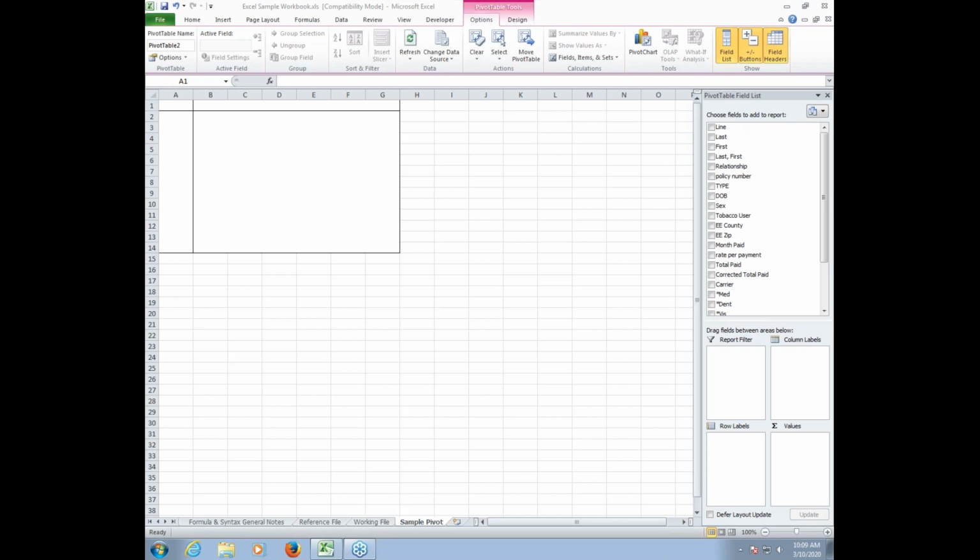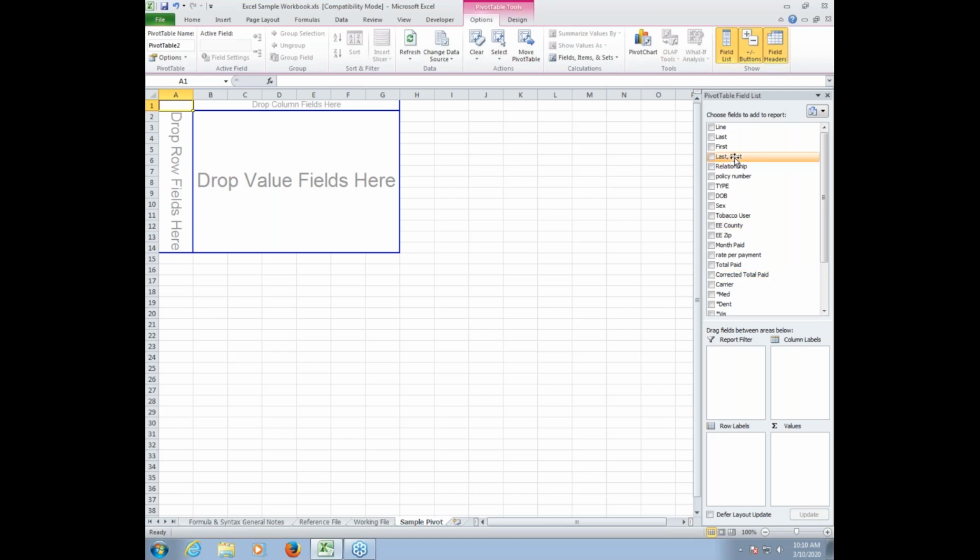I'm going to erase all the drawings real quick. And I actually have a good example of what you can do with these, just to show you how you would adapt your data. For example, if I wanted to show the first and last names of all of our clients, and I wanted to show you how much money we got on each of those clients,